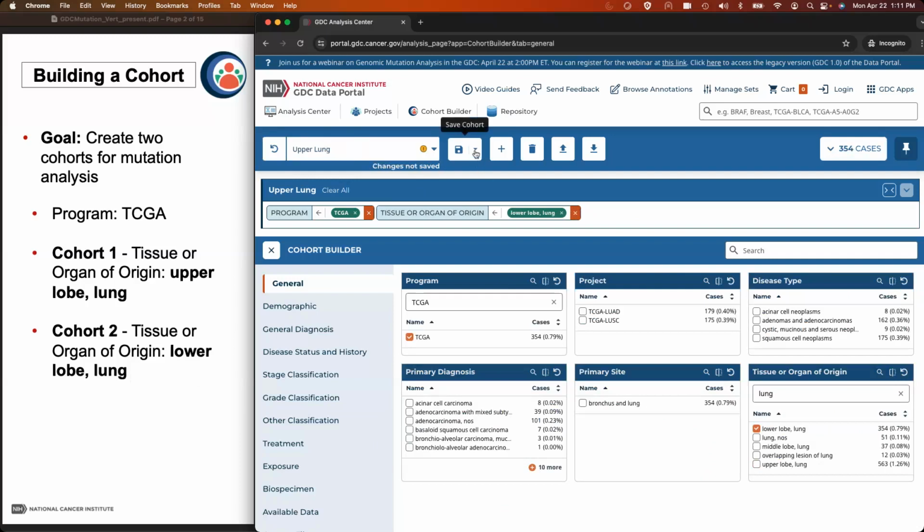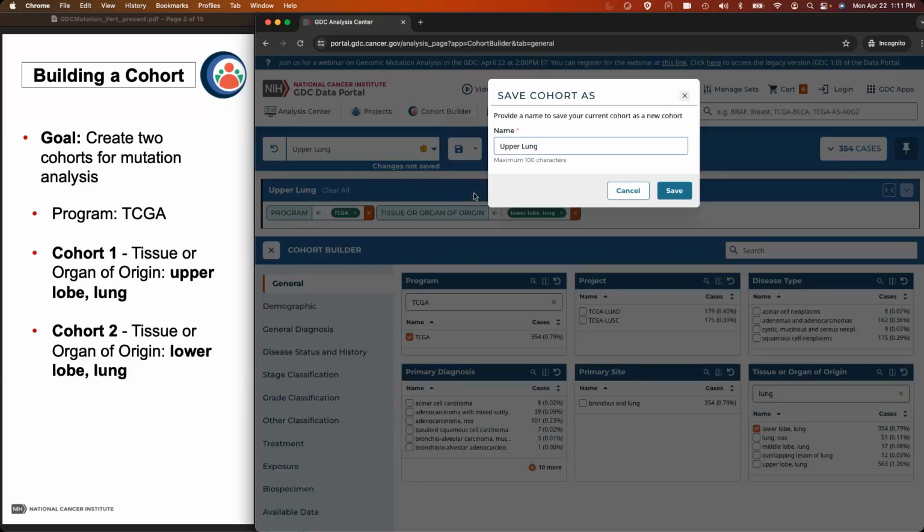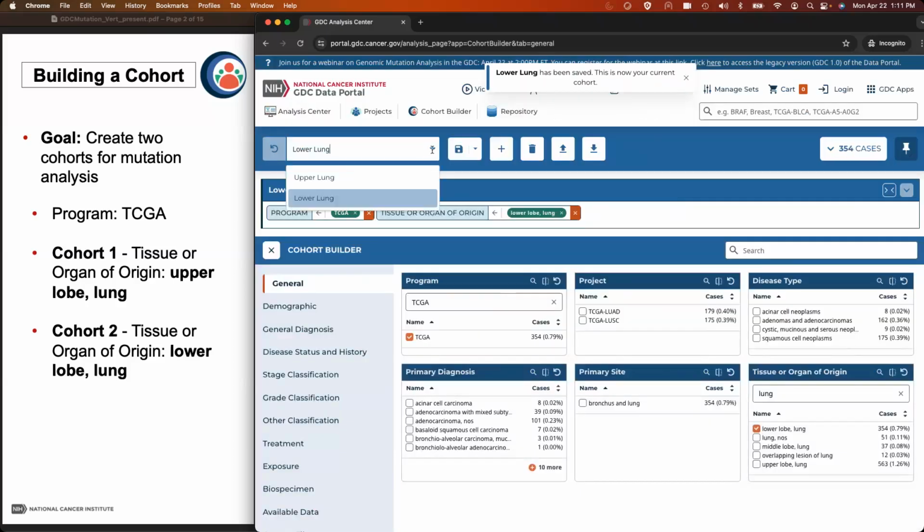So we'll go ahead and click on save and save as. This works the same as something like Microsoft Excel, in which another copy is generated while retaining the original. So we'll just change this to lower, click save, and now our goal is met. We have our two cohorts. So let's go back to upper lung,